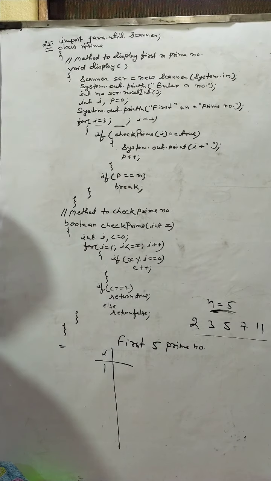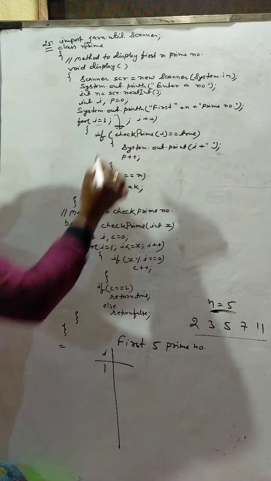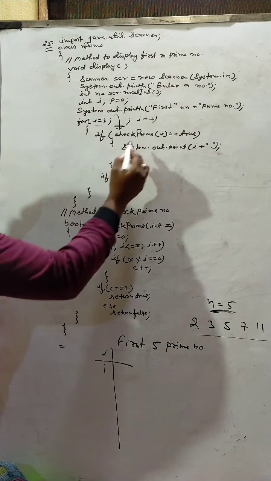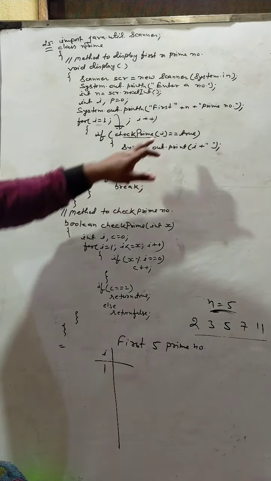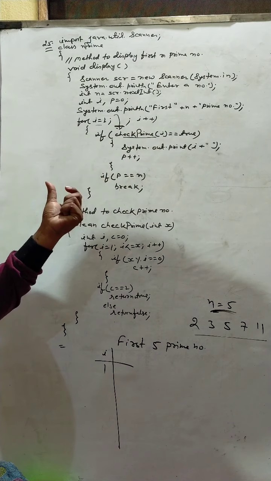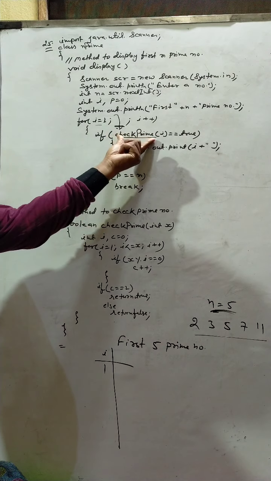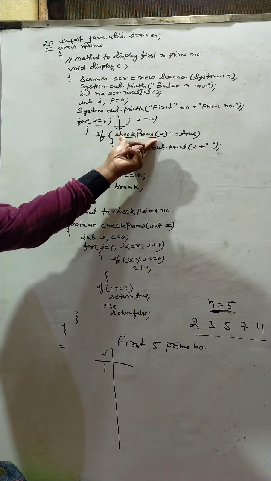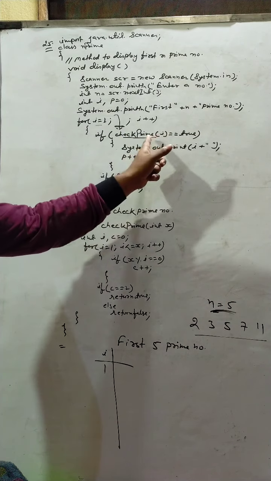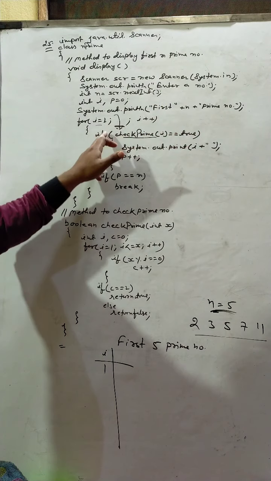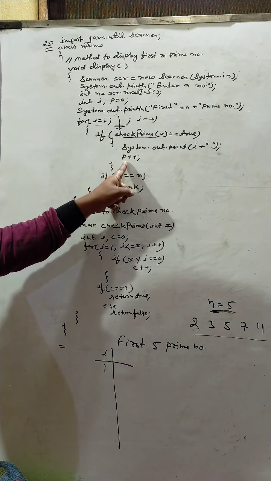Means there is no terminating point of this loop. So the value of i is 1. The control directly moves inside the loop. Inside the loop we have called a function check prime. The check prime function will accept the value of i and check whether it is prime or not. If the value of i is prime, this function will return true, and if this function returns true, the entire expression evaluates to true, then in that case that number will be printed as well as counted.